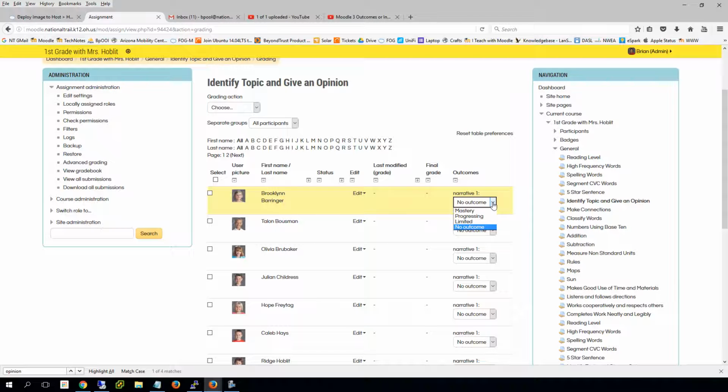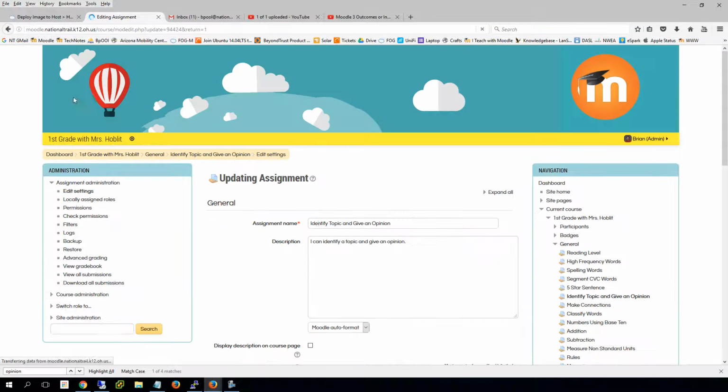actually grading that narrative one that they've changed, but it's still called identify topic and give an opinion, so they just don't match. So you just want to change this to match. To change it, all I do is go over here to edit settings, and where it says identify topic and give an opinion, I might want to put the entire description of the new narrative down there,